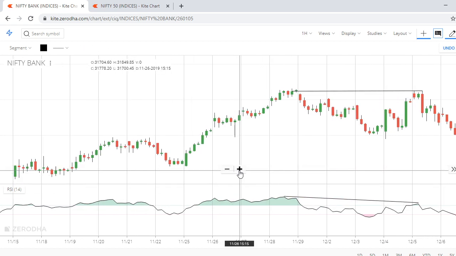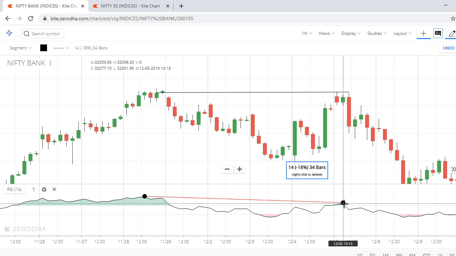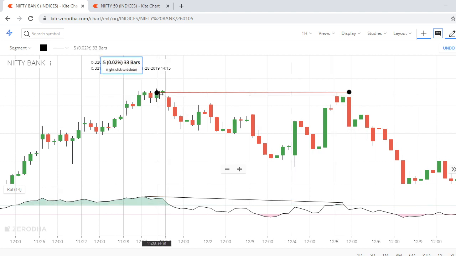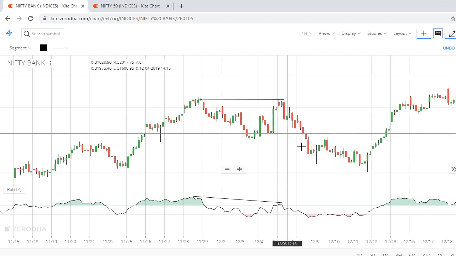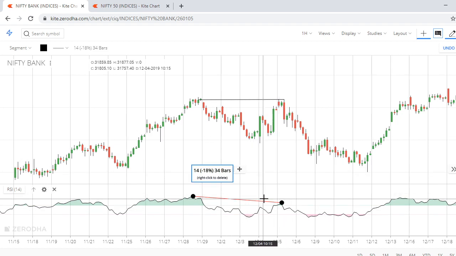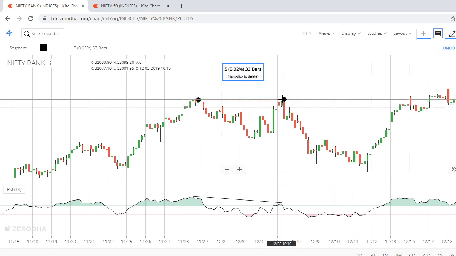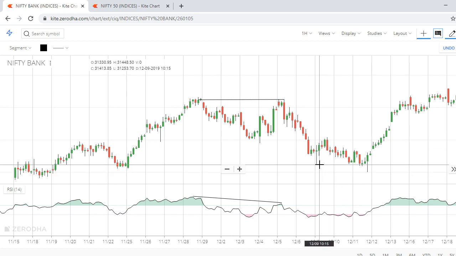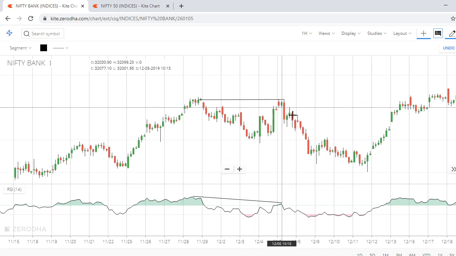See, I'll maximize this. When there is a green candle itself, the price is almost above 60 but making a low when compared to the previous one. So as per us, both are above 60 and there is a divergence, it is a bearish divergence, it is the right time to short. So let's suppose someone might have taken a put or shorted Bank Nifty right away from 32,100 to 31,100 or 31,000, almost 1000 to 1200 points, 1500 points.